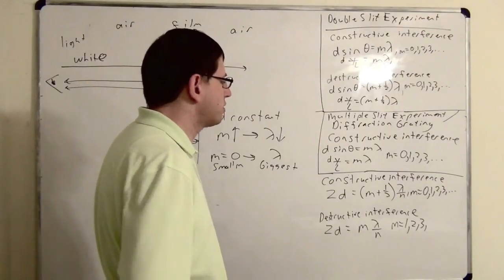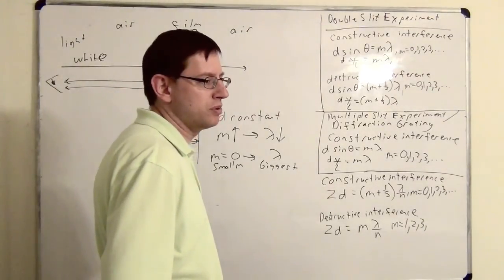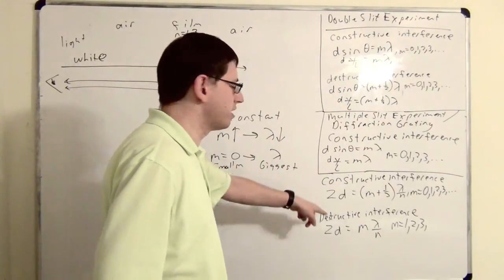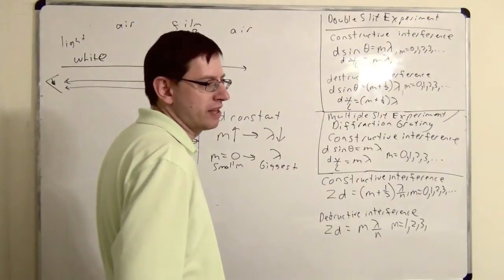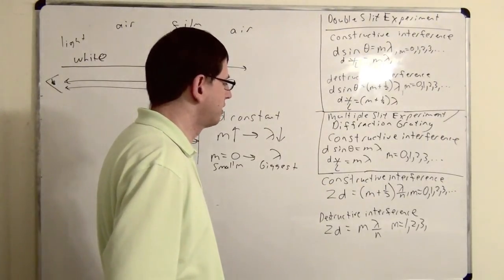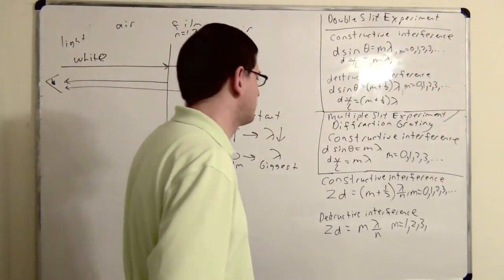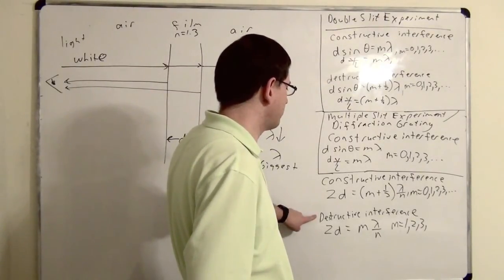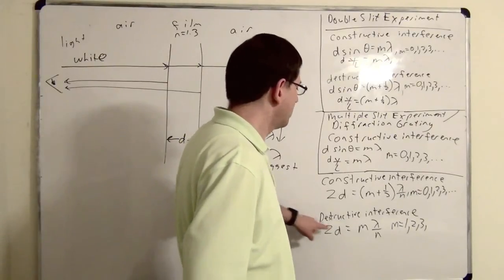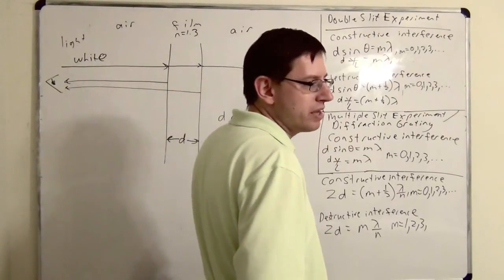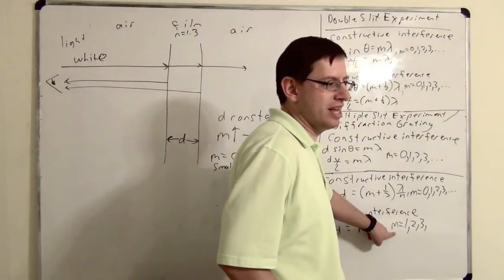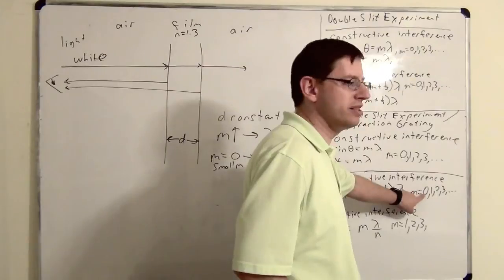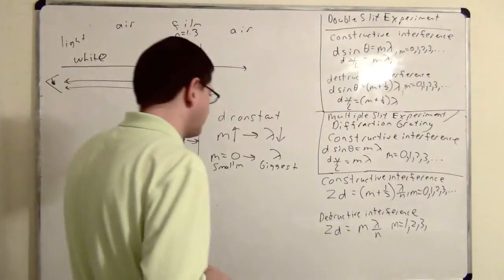So if the problem asks you to find the biggest possible wavelength, that's a coded way of telling you to do what in the equation? The biggest possible wavelength occurs how mathematically? M is smallest. And what's the smallest possible m here? 0. Or suppose they wanted the biggest possible wavelength that got destructive interference. And m would be 1. That's right. So when they say biggest wavelength, that's a code for putting the smallest m. That's why you need to know what the smallest m is. In this equation, the smallest m is 1, but in this equation, the smallest m is 0.